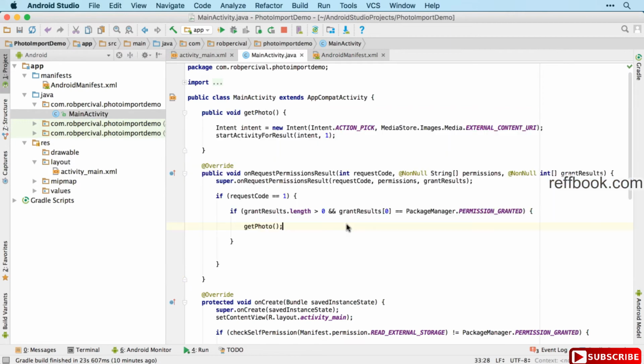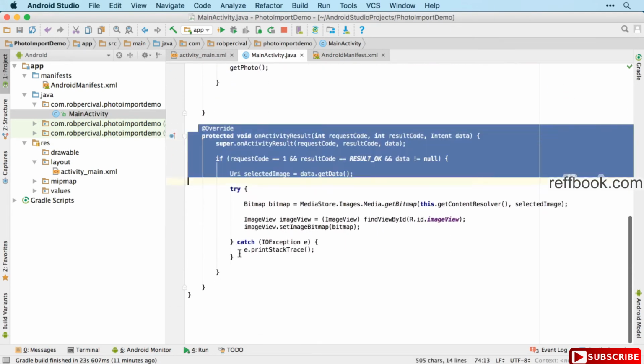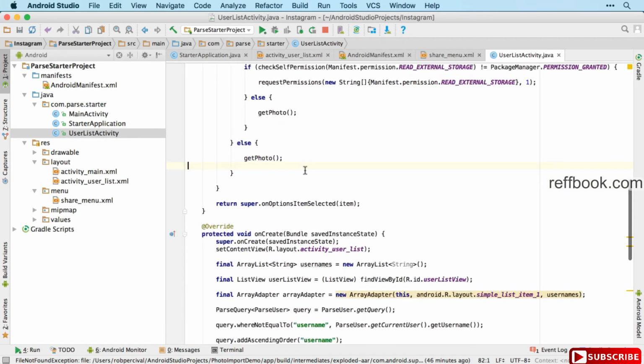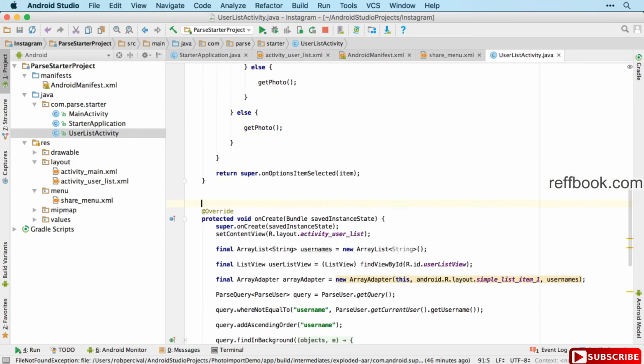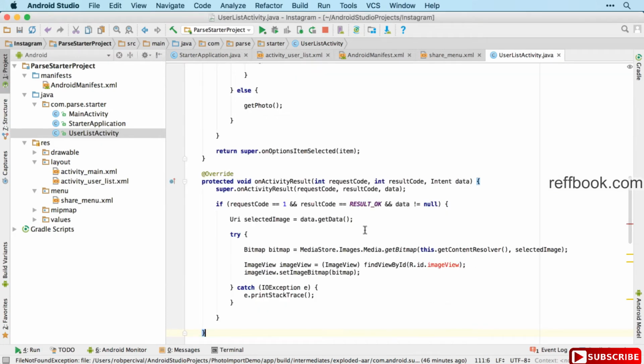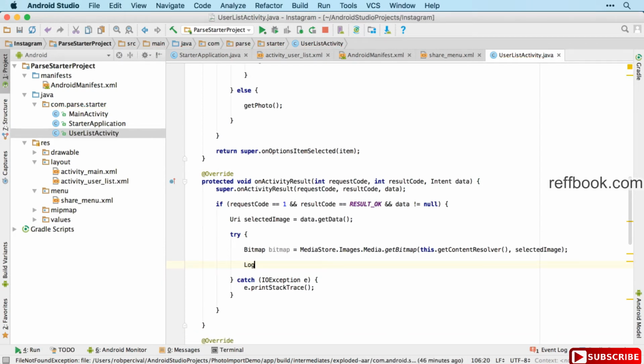Right, so the last part then is to tell our app what to do when the photo is received, and what we want to do here is upload it to Parse. So I'm going to copy the code over from the app that we just created, and for now I'm going to get rid of this image view code, and I'm just going to log photo